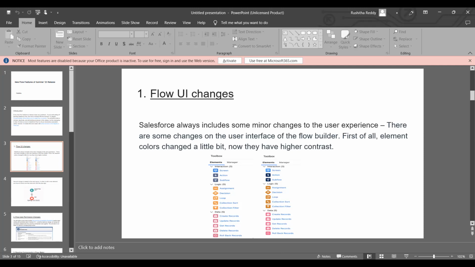So the first update we have in Flows is in the user interface: the color has been changed from light to a bit more contrast. Previously it was in a light color and it has been updated to a somewhat brighter contrast. And the next update in the UI is